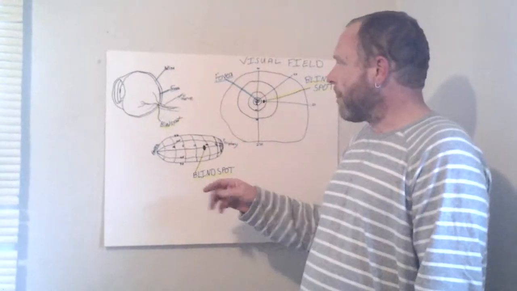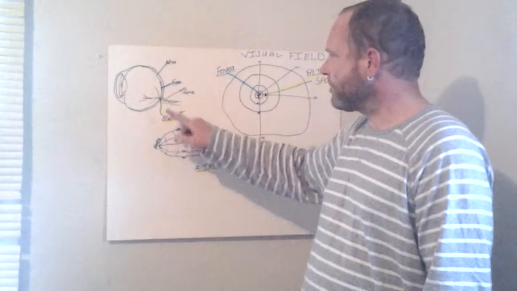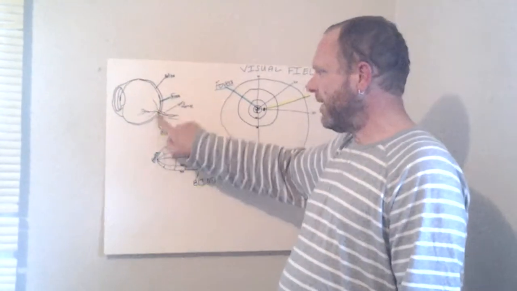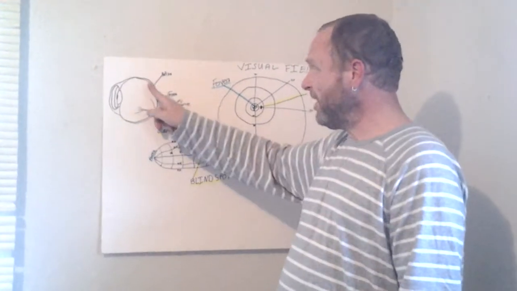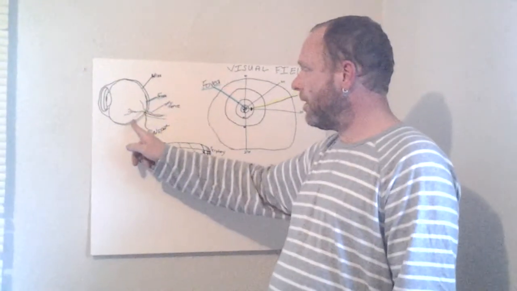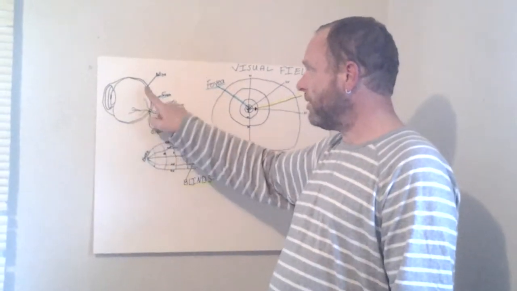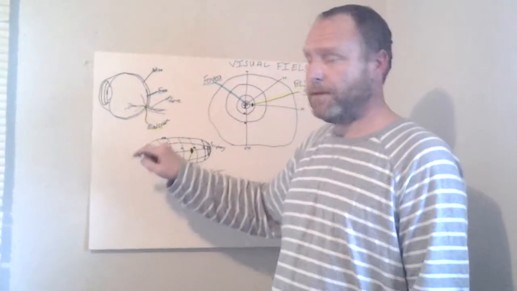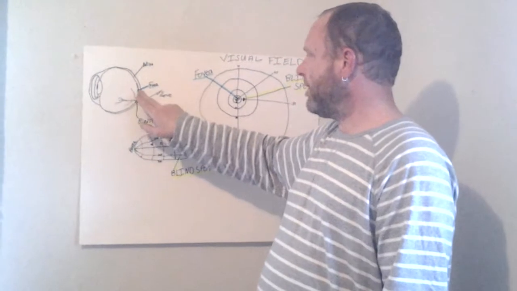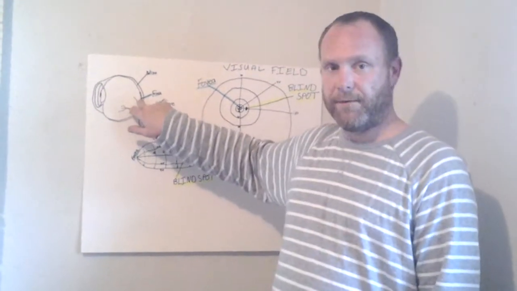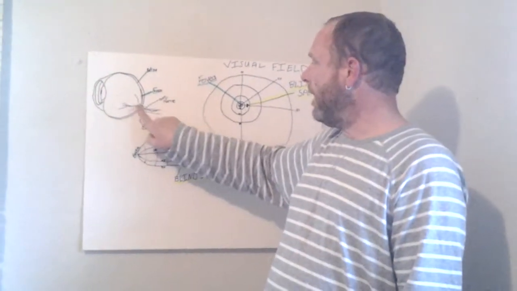The eye here, this is the retina of the eye. Visual information comes in and is interpreted by the retina, the photoreceptors on the retina. This is the fovea, that's the most detailed part of the retina. And this is the